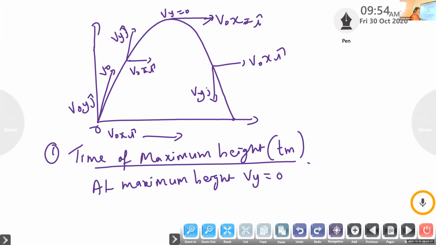Vy is equal to 0. And what is the value of V0x? We have written Vx is equal to, one is cos theta, another one is sin theta. Okay. So in this case, according to the equations, we have learned the equations. What are the three equations of motion? Last classes we have learned. One equation, where I write. We have learned all these equations, no? Shall I change it?